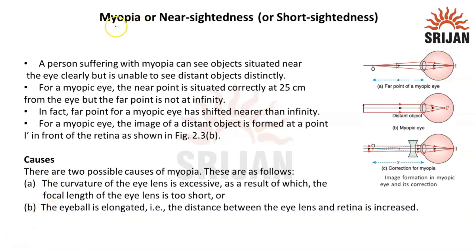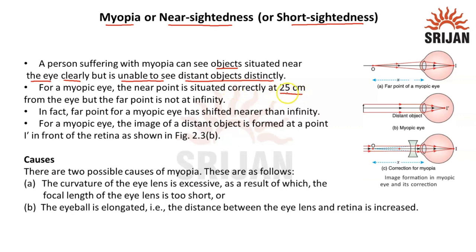Number one is myopia or nearsightedness or short-sightedness. As the name suggests, a person suffering from myopia can see the objects that are situated near the eye clearly, but is unable to see distant objects distinctly. See, there are two points of the human eye. One is the near point and one is the far point. The far point is infinity and the near point is known as the least distance of distinct vision, which is